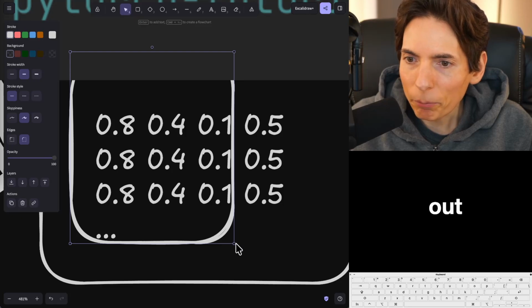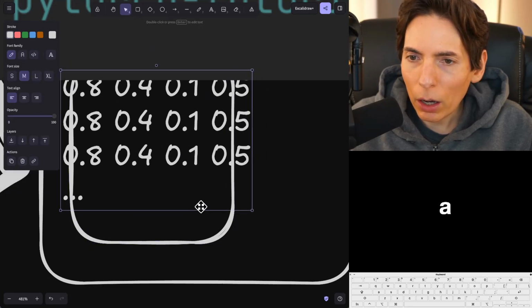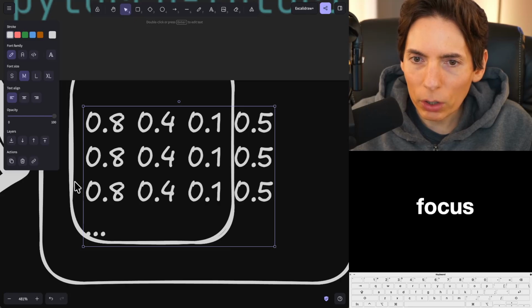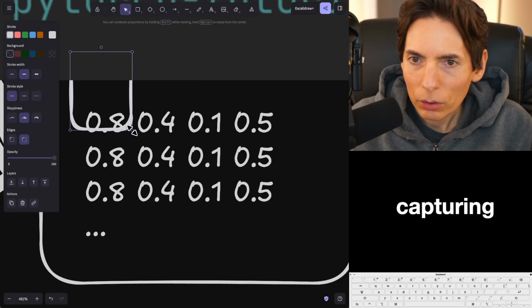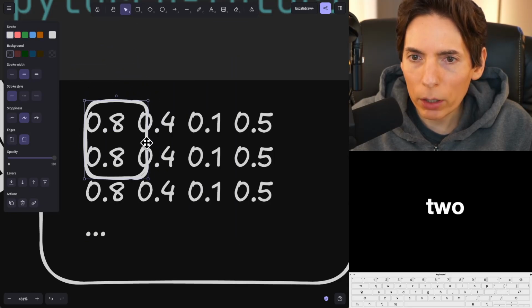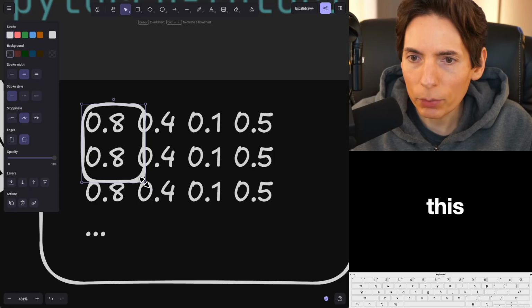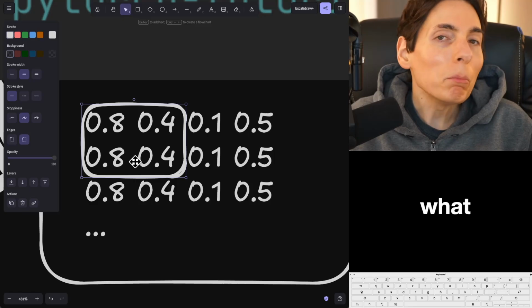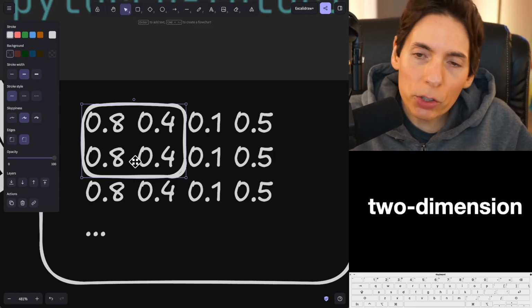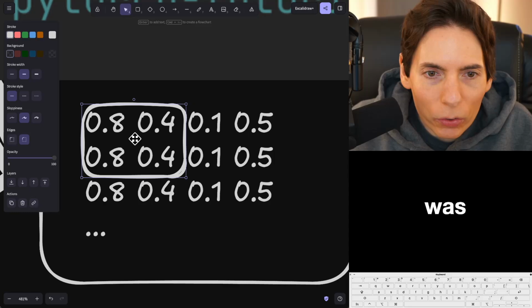All right, check this out. We'll do a max pooling where we focus on just capturing. It's a window of 2, stride of 2. So here, we'll do a max pool over this. You see we're looking at 4 numbers. And what the max pool 2-dimensional does,